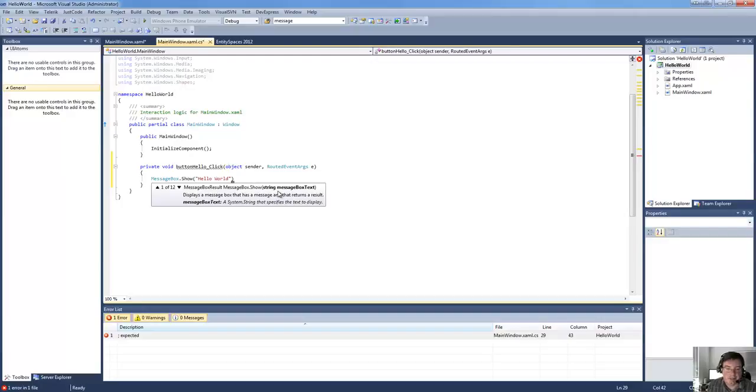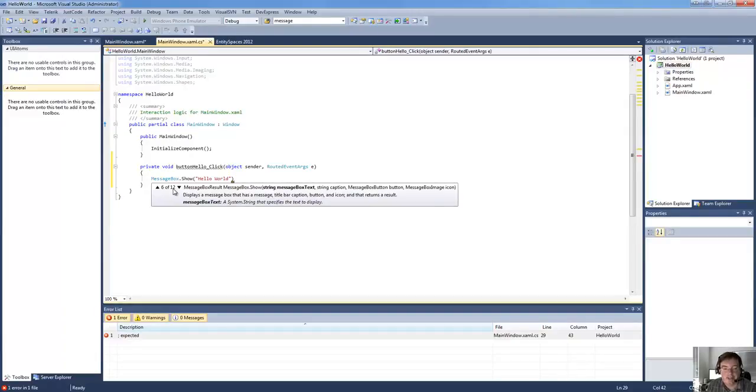Now of course, your message box could be a bit more fancy than just saying hello world if you wanted to. And I can tell that we can do that because over here it says on the IntelliSense that this is only one of 12 possible variations of the message box. If I want to see what some of the others are, I can just simply click on these arrows and go through the list. There's quite a few of them, but this one here, number 6, is probably my favourite